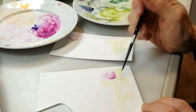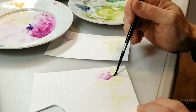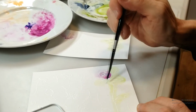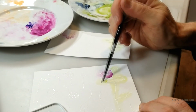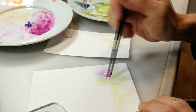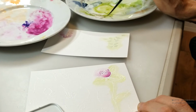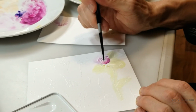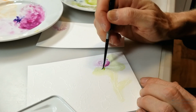Trying to get it a little wetter now everywhere. Because you need it a bit wet so that the next color you put in will move a bit. But you don't want it to run away from you either, so it's always an interesting balance to try and figure out. So now I'll just try and add a little bit of dark in the shadows and see if it moves, then you're...